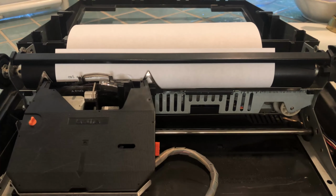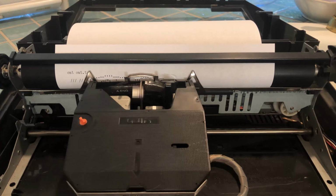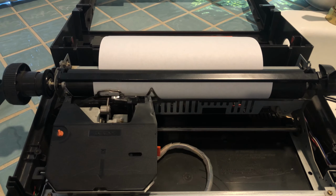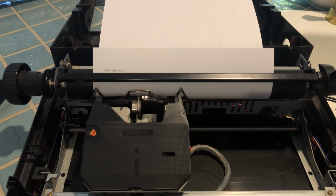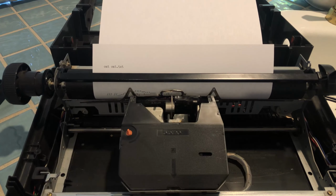The most major issue I faced in the first video was long outputs from the Raspberry Pi being cut off. To solve this, I implemented serial flow control in the Arduino, so it can tell the Raspberry Pi to stop sending it text whenever the input buffer gets filled. I made it so the Arduino sends an X-off character when the buffer is almost full, which tells the Raspberry Pi to stop sending text. When the buffer is almost empty, the Arduino sends an X-on character to tell the Raspberry Pi to start sending